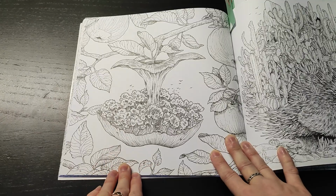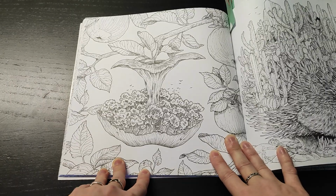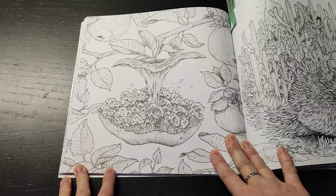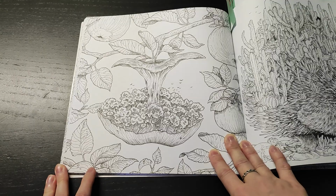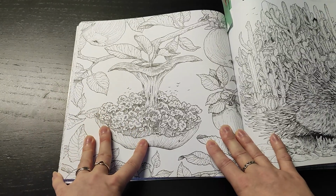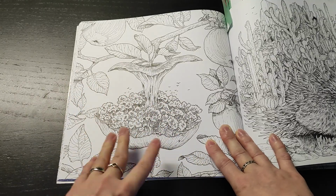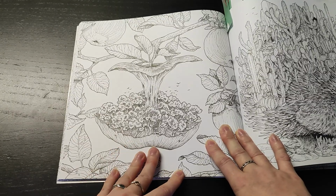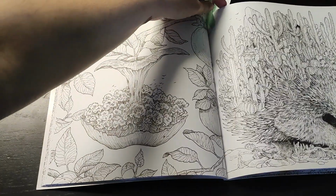I'm not sure about colors yet because obviously I see it in quite classic colors, let's say. So, you know, red apple, green leaves, maybe blue background, but maybe I will go for something else. I don't know yet. My mind just tells me go with realistic colors, but I like always to, well, not always, but quite often break away from it. So, well, I don't know how this page will turn out eventually,